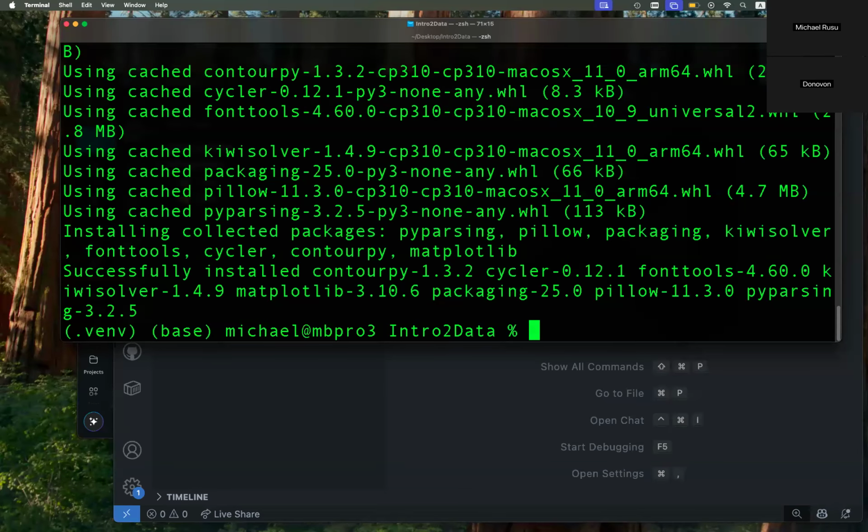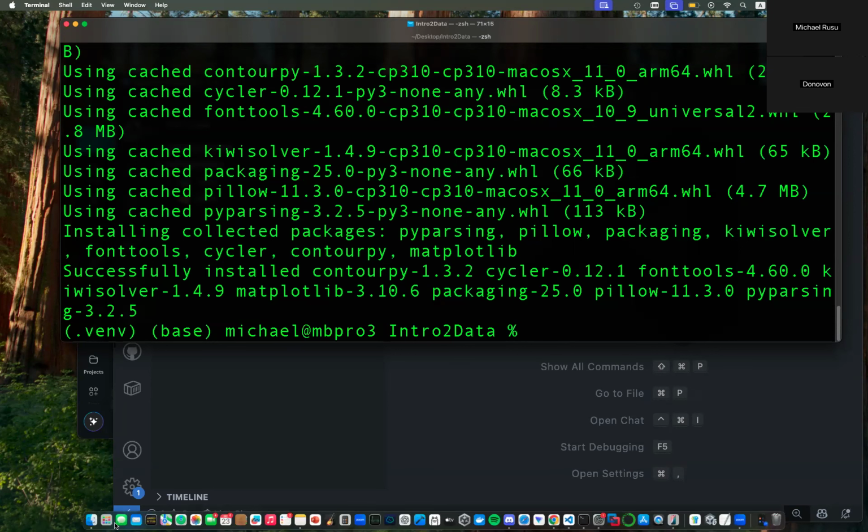What do we need? We need a data set. So who here has heard of Kaggle? Okay. I'm putting you guys on. Kaggle is one of the two data science or data set sites pretty much. There's Hugging Face, which is the professional one, and then there's Kaggle. Kaggle is what we're going to be using right here.